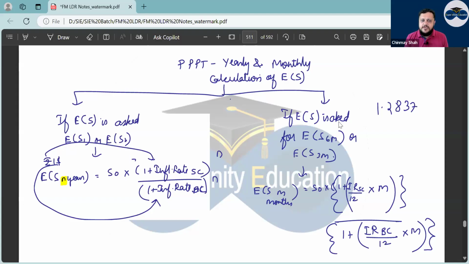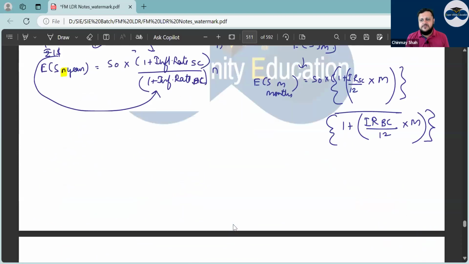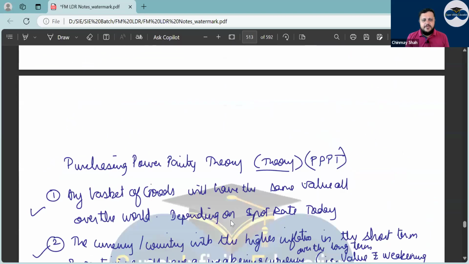I hope you remember this. Tell me. If it is S1, S2, S3, then raised to n, correct? But if it is in number of months, it will be what? Divided by 12 into m, right? Divide the inflation rate by 12 into the number of months. Don't forget this. In exam, a lot of times this question comes up and you are completely confused how to go about with it. Okay. So kindly take care that you don't get confused, right? ठीक है. Okay, triple PT to get expected spot rate. Any problem in this? Then coming to IRPT, right?